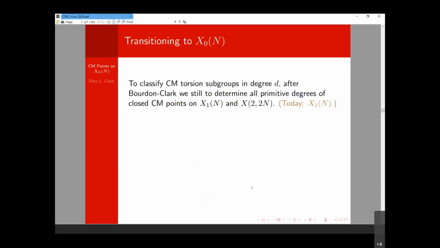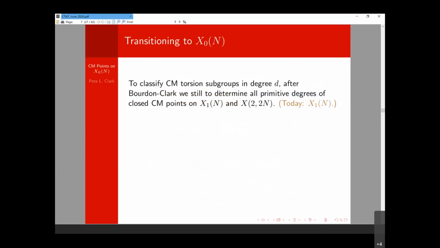And so again, after the work with Abby Borden, when M is greater than or equal to 3, as I said, we only have this one primitive degree because every other closed point has degree dividing it. But when M is 1 or 2, we know the least degree, but the work doesn't give all primitive degrees. Not quite. It gives it up to a factor of 2, which we're fighting about.